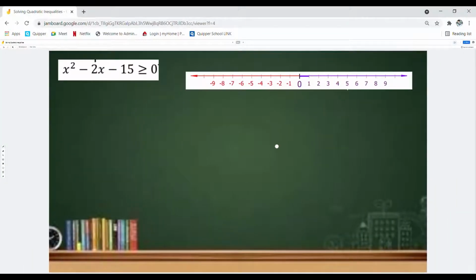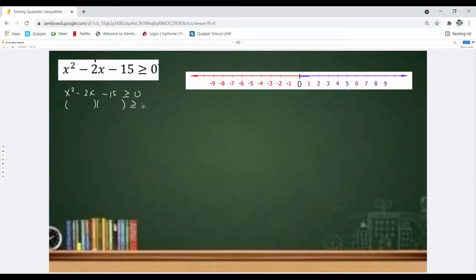Let's have one more example. x squared minus 2x minus 15 is greater than or equal to 0. Let's try this out. We'll do the same. So x squared minus 2x minus 15 greater than or equal to 0. This time it's a greater than or equal to 0. You will notice the difference from the first one given. So of course, first, you can factor that